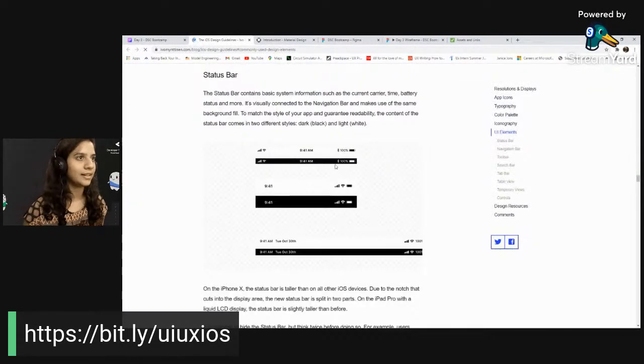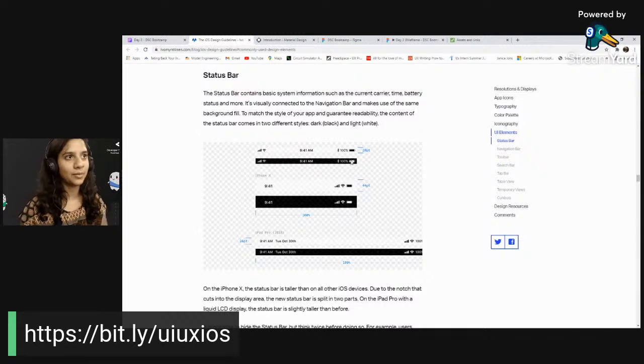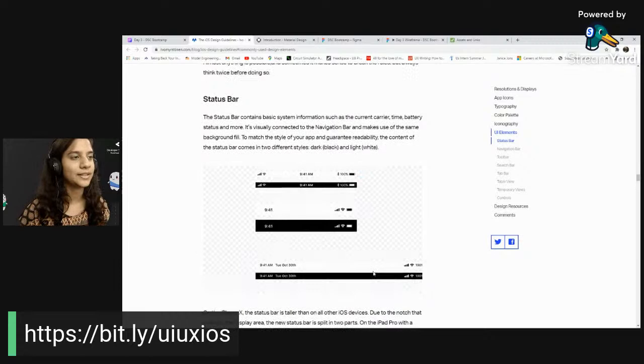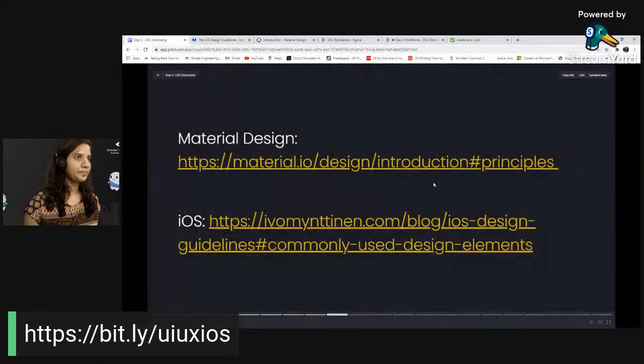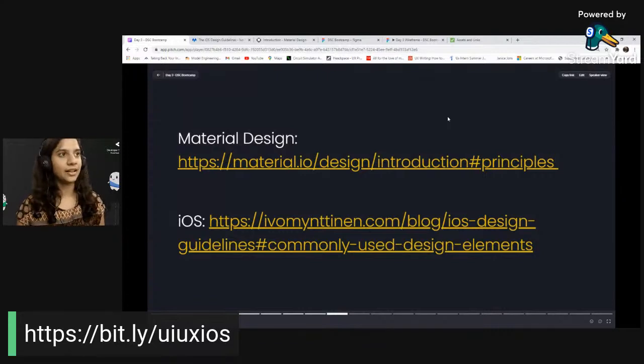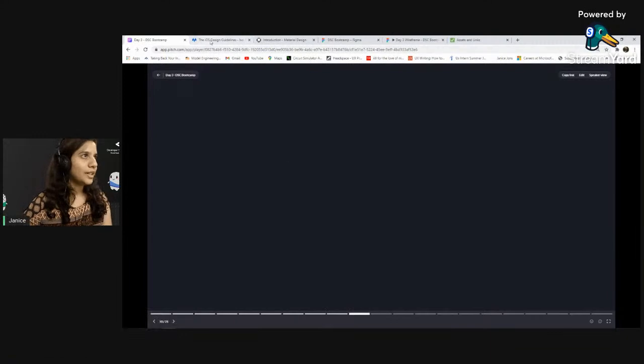So you can see, like, if it's a status bar, it will be 20 pixels tall. So things like that, you can just go through that to see the sizings and the colors, all of those things. I'll be sharing this presentation also later, so you can just go through it. Okay, so now